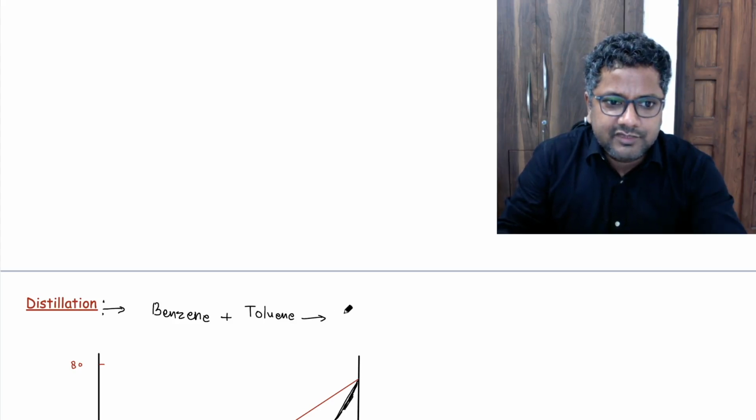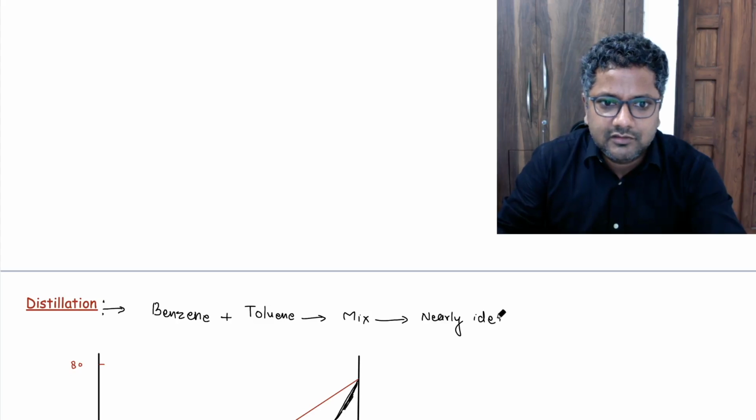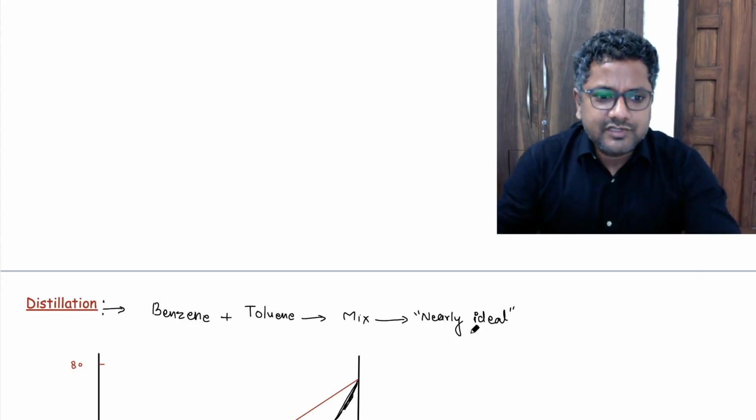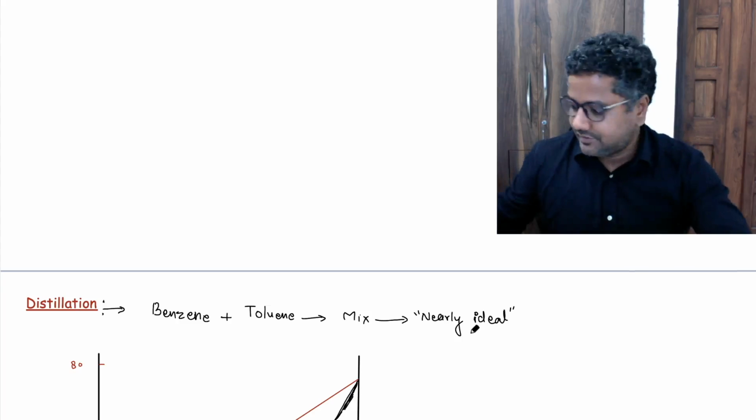And this mixture forms nearly ideal solution. I am not saying that this is a perfect solution, but nearly ideal solution, right? Means it obeys the Raoult's law, as we have discussed in the